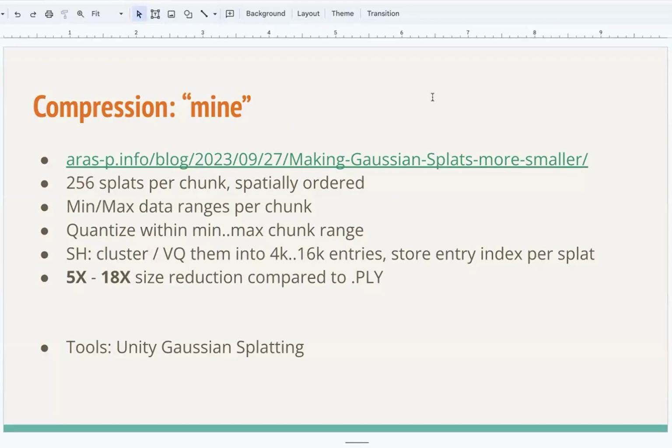Instead of storing the whole set of spherical harmonics for each and every splat, you do a vector quantization into them and have a dictionary of all the possible spherical harmonics. And per splat, you store just the index into that dictionary. This is an approximation, but it kind of looks pretty good.